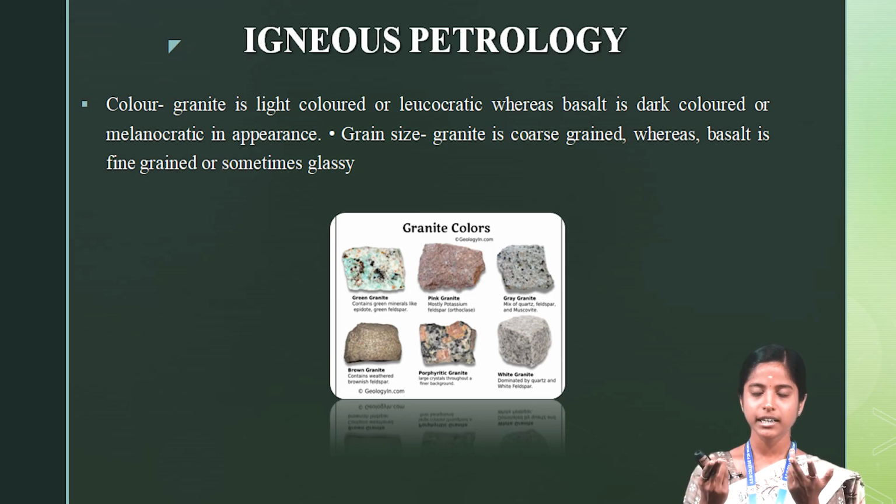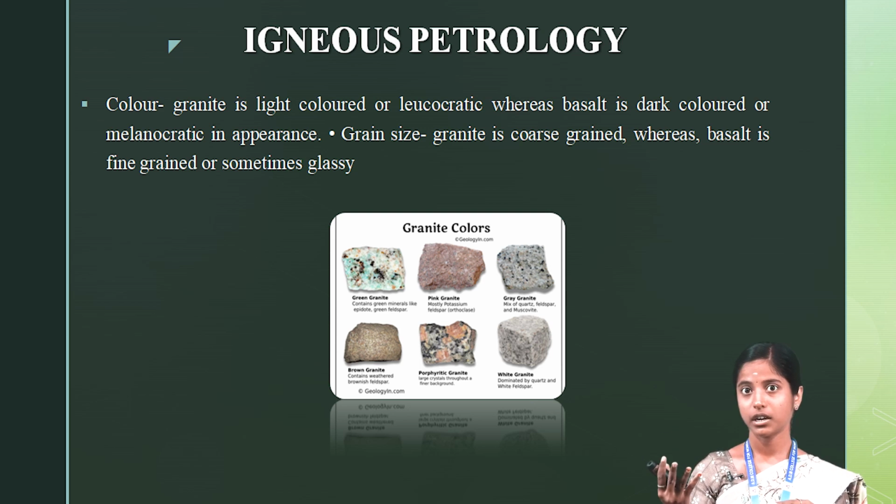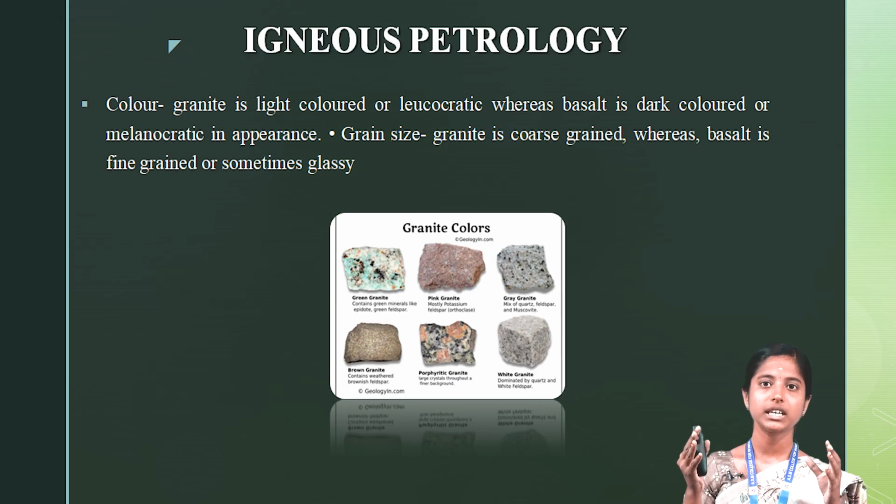First we see the rock, and we firstly see the color of each rock. So in the color discussion, granite is a light colored mineral, so the rock comes out in a very light color. Basalt is a dark colored mineral, so with our naked eye we see that basalt is dark colored. First, we discussed the color.